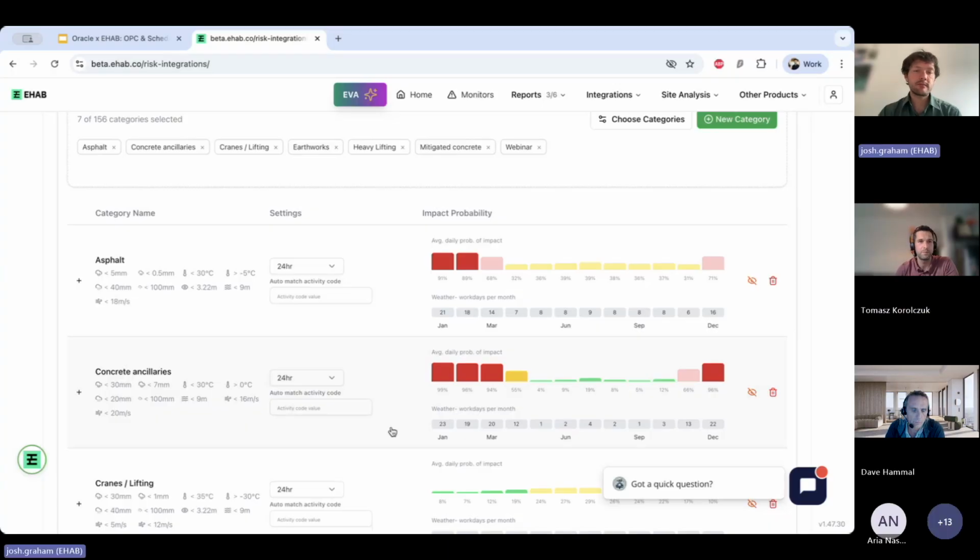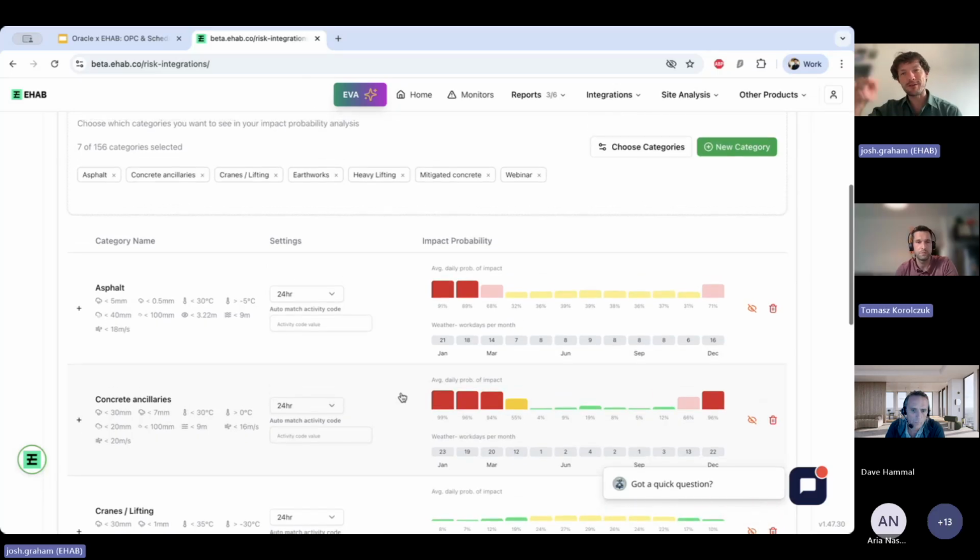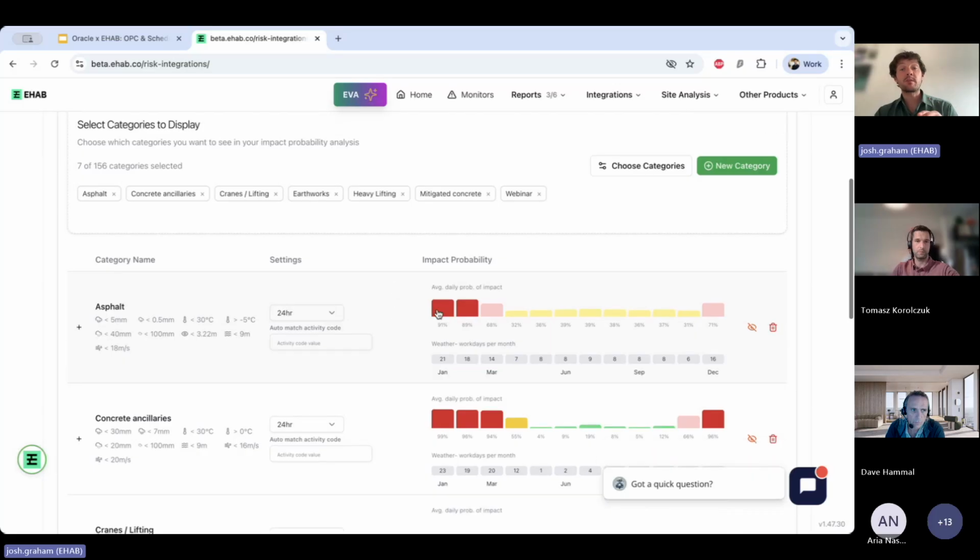Yeah, absolutely a great question, and you're right. When the graph is going up in this direction, you need to make sure that you factor that in. So on this screen for the weather rules, it is purely a historic look back, because what we wanted to create with this screen is just to say, okay, if I change my rule really quickly, give me a rough idea of what the downtime would be.